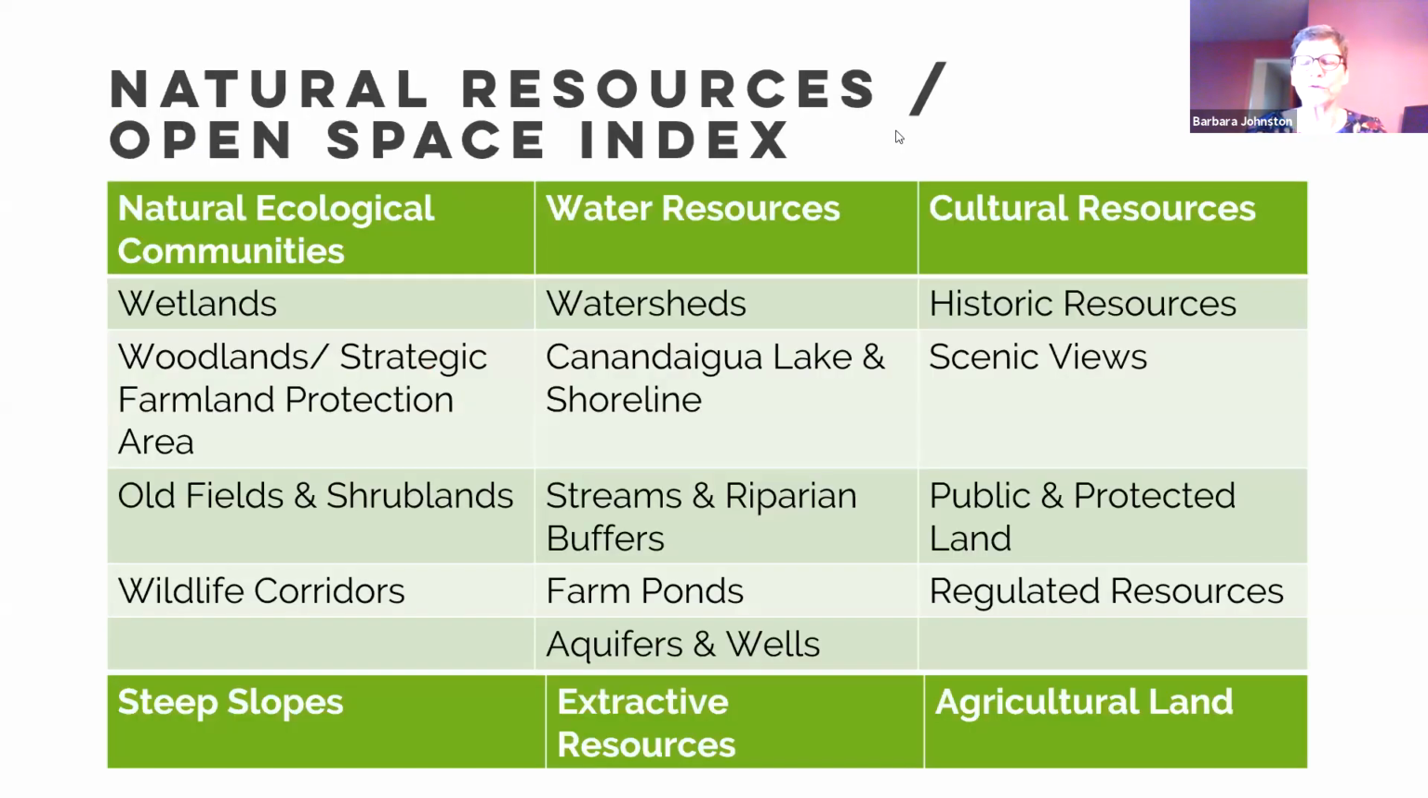So just to walk through it, you've seen a draft. There is an updated draft available that was done in March. I think the one you're looking at was done in February. But all of the resources that are covered in the natural resource inventory are the natural communities. That's based on land cover, wetlands, woodlands, including the strategic farmland protection area that was delineated in the open space plan, fields and shrubs, wildlife corridors,